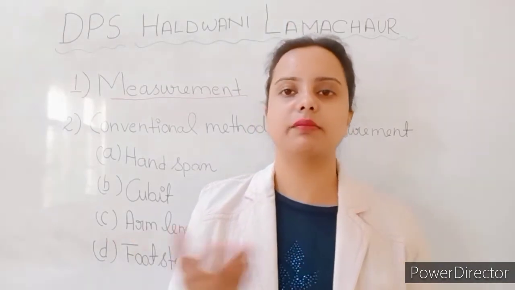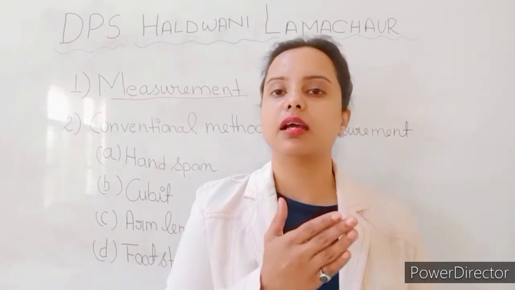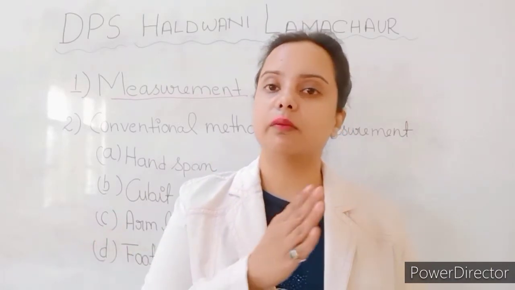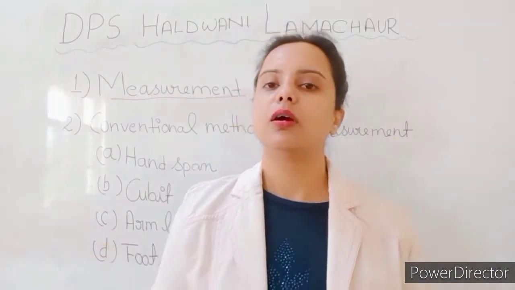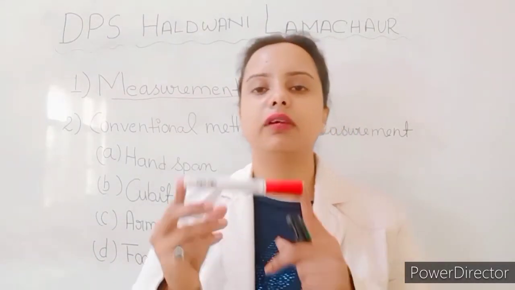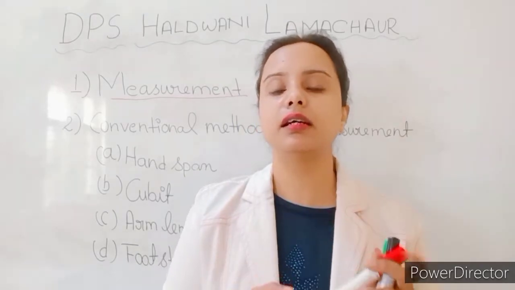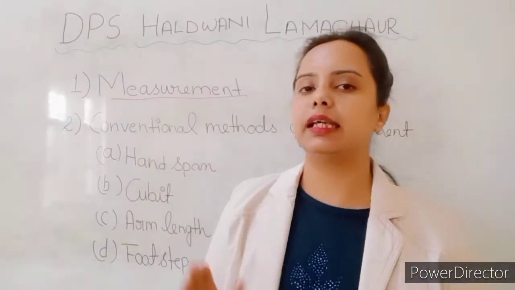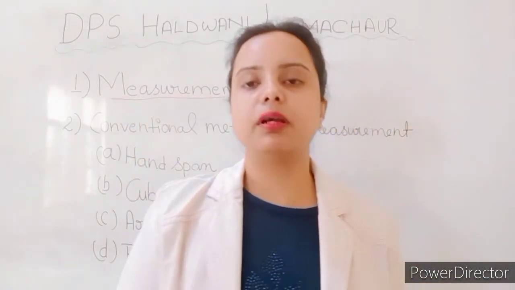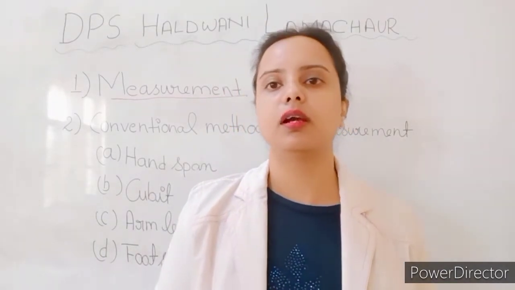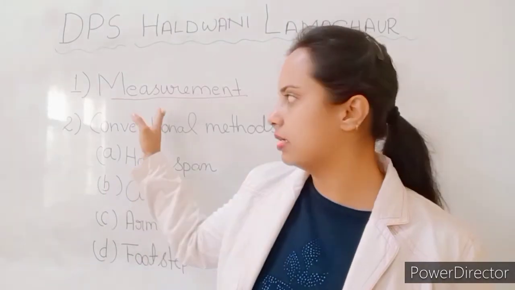We know the measurement of the scale. The smaller scale ranges from 1 centimeter to 15, and the bigger scale ranges from 1 to 30 centimeters. So by using that we can take the measurement of this marker. What is measurement? Taking the measurement of an unknown quantity with the help of a known quantity is known as measurement.